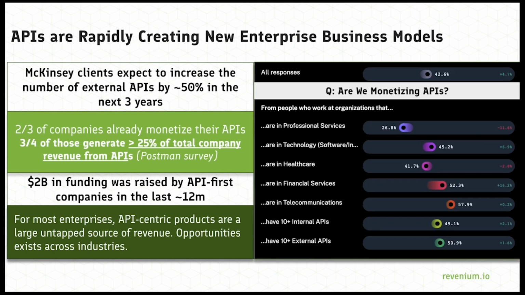And then the second set of data that's along a similar vein comes from a Rapid API survey that was done this year. And this shows another view across industries of the number of companies already monetizing APIs, as well as the growth from year over year, which is the smaller numbers to the right. And so although the data aren't exactly the same as the Postman survey, it's another source that shows there's large-scale adoption of API monetization across a variety of industries.